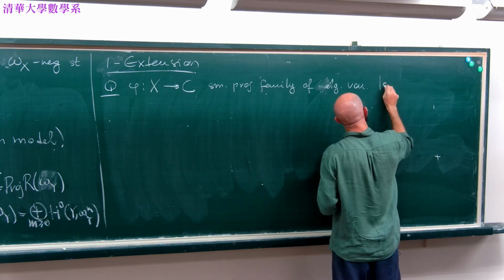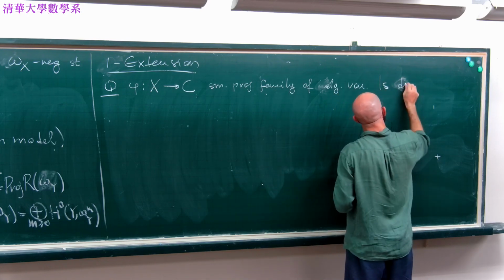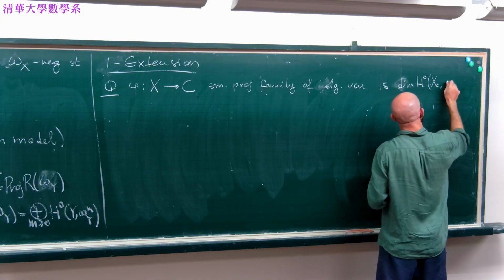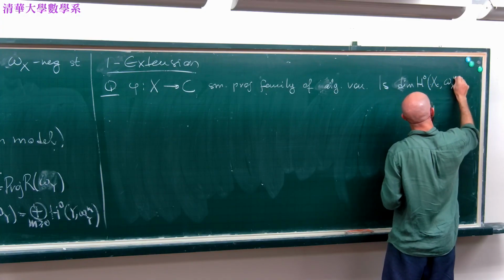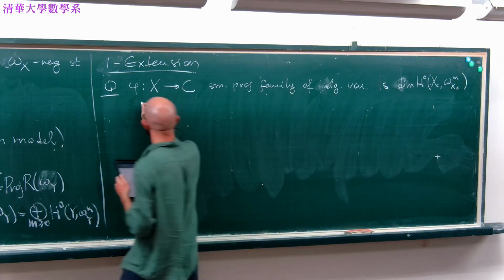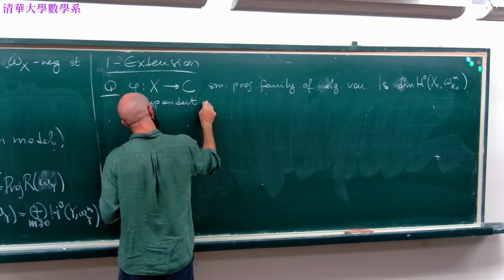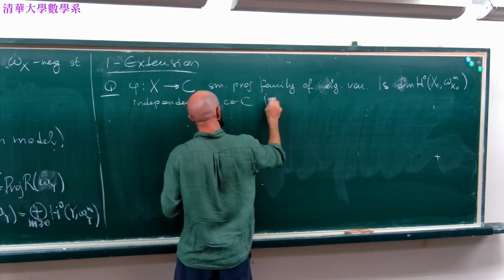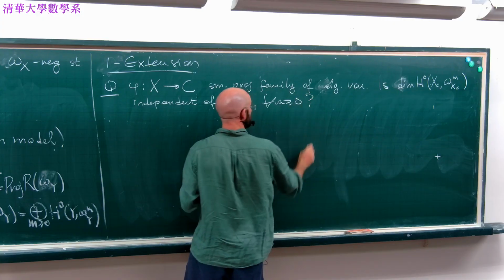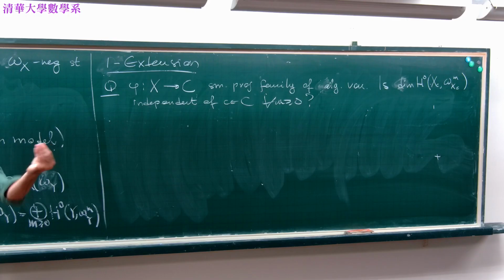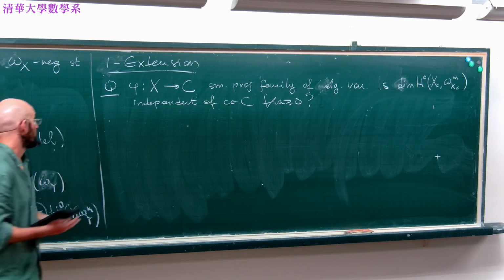Then is the dimension of H^0(X_t, omega_{X_t}^{⊗m}) independent of the point, for all m greater or equal than 0? So I look at the global sections on a fiber, and then I move the fiber, and then I'm asking, is the number of sections independent of the point? Or equivalently,